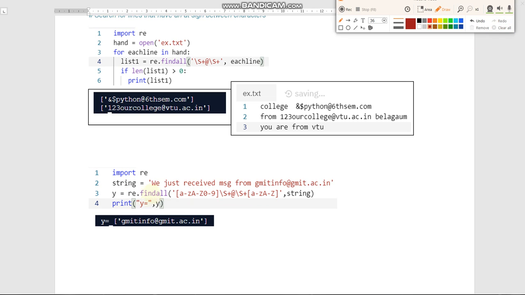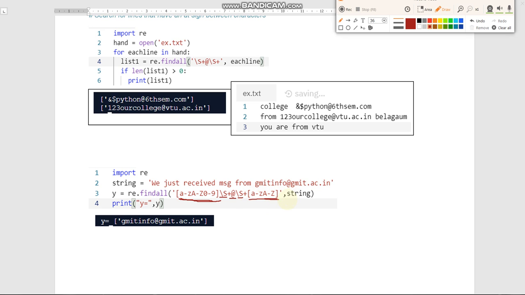Okay, so now see here, what is the pattern? The pattern is like this. The combination of characters or integers, with no space. After that we should have the at symbol. After that there is no space, and the at symbol is followed by the combination of characters, a to z, or capital A to Z, or small a to z.